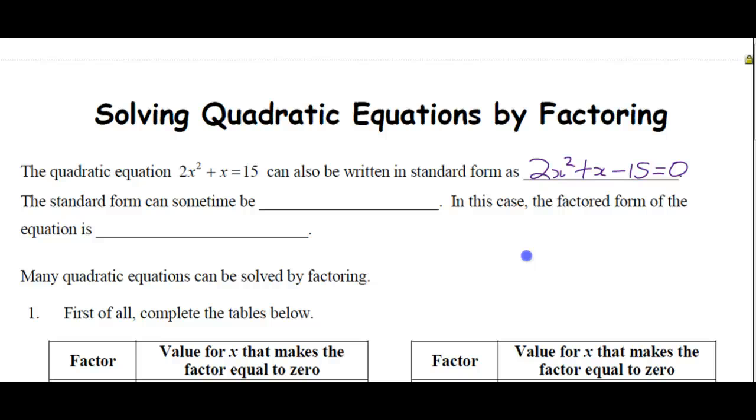The standard form can sometimes be factored. So if we can factor the standard form, that's really great. It allows us to find the roots, right, or the zeros, or the solutions. There are all different names for what we're doing here. In this case, the factored form of the equation is